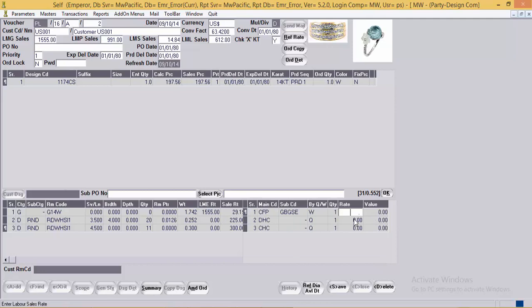If some special labor charges need to be applied for CFP and diamond handling charges. For example, in the case of this customer, we just need to apply CFP charges, that is $12 per gram. We need not apply diamond handling and color stone handling charges for this customer.